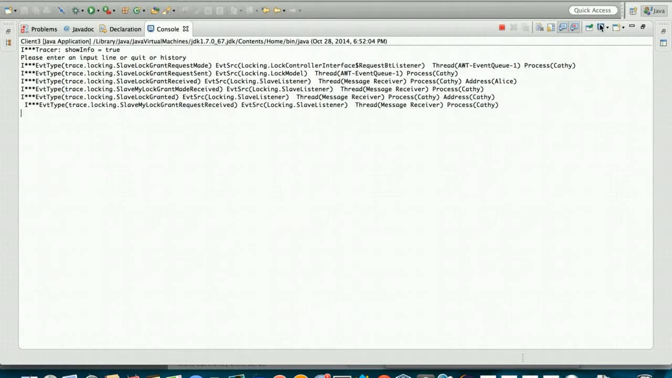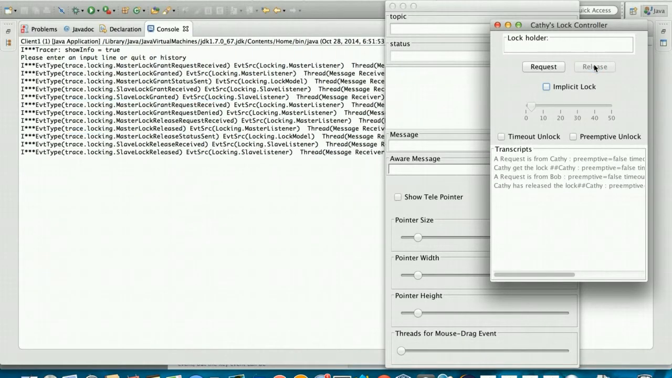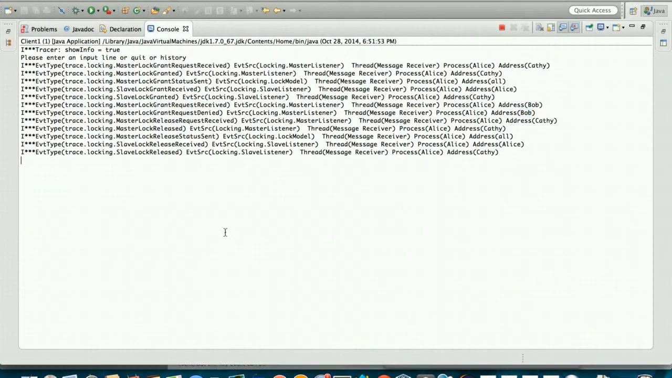This is Kathy's console. Kathy found there is a lock grant to request her lock. So now Kathy can choose to release the lock. After Kathy released the lock,